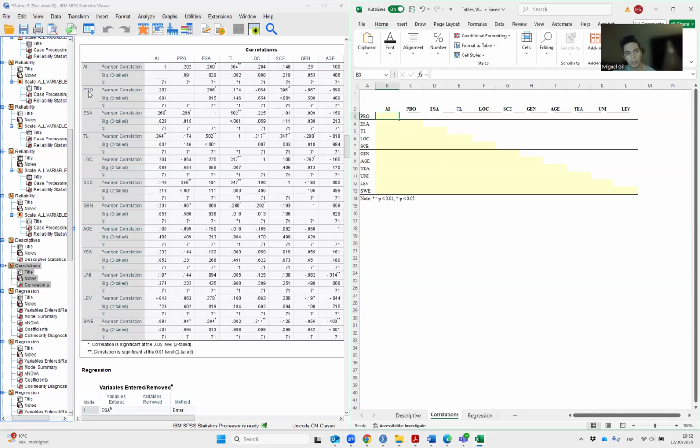So professional aspirations and AI. Here, be careful, because you need to make sure that the order in the table is the same as the order that you have in here. If you did everything right, it's supposed to work. So for professional aspirations, how you clicked, it should be like this. If you are ESA, you should have a different order, but just double check that you have the right order. So professional aspirations with AI, the number that you have to put in here is the Pearson correlation. So it should be 0.202, like this. Then the next one, the one below,